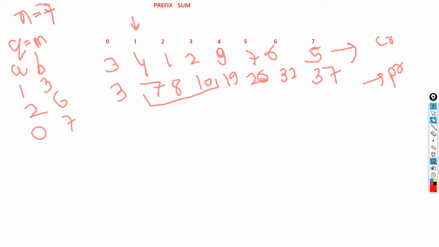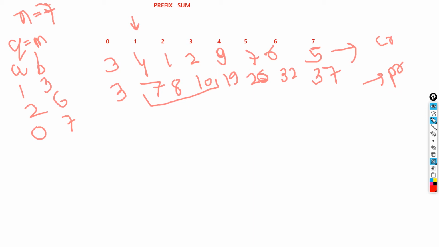So let's say we reduce 10 by 3. 10 minus 3 would be 7, and clearly that was the result. So 4 to 6 plus 1 is 7. Okay, let's check for another case. Let's say it's 2 to 6.